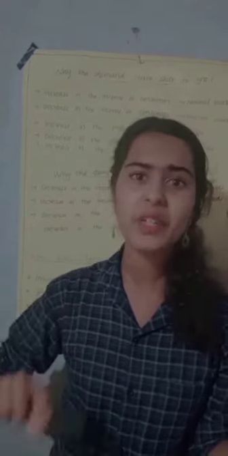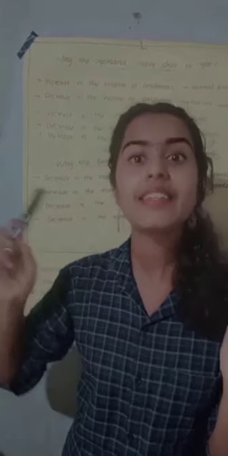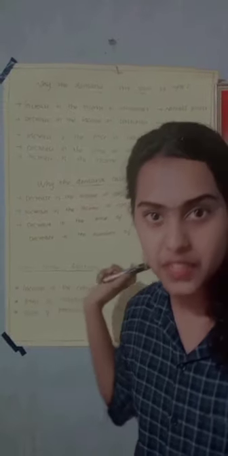Next, we have to look at the reason for the shift of demand curve to the left. It is certainly due to the decrease in demand. We saw that the demand curve shifts to the right because of favorable changes, and that is the increase. So the shift of demand curve to the left is certainly due to the decrease in demand. Now let's look: decrease in income of consumer in the case of normal good. Increase in income of consumer in the case of inferior good. This is the second reason.